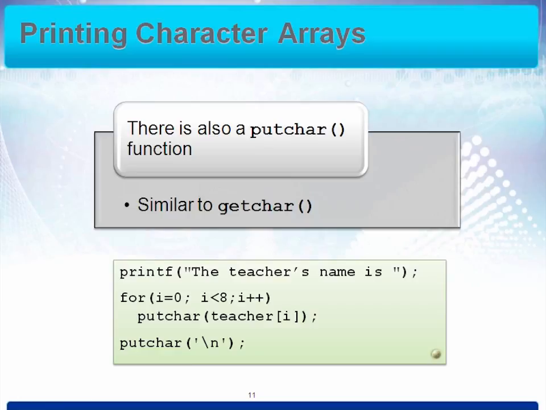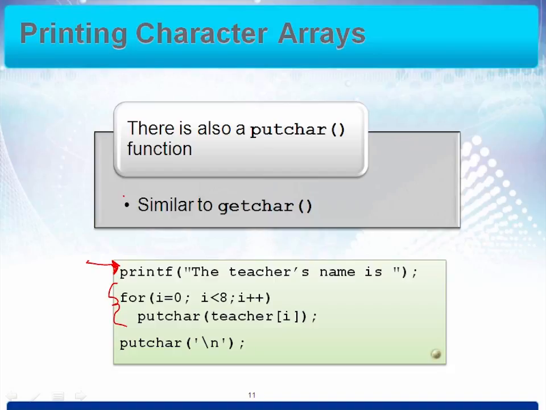So here's the same thing that we did before. We're going to output the teacher's name. And so we're going to use the print statement just like we did before. No change there. I'm going to print "The teacher's name is " with a space, still using a printf. However, I'm going to modify my for loop and I'm going to use a putchar instead of the printf %c. So I'll still go through the for loop 8 times, but I'll be printing